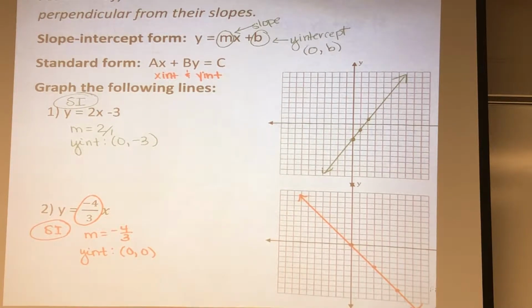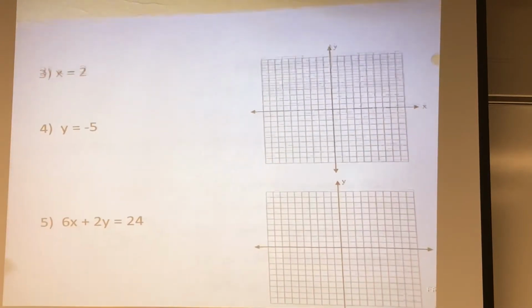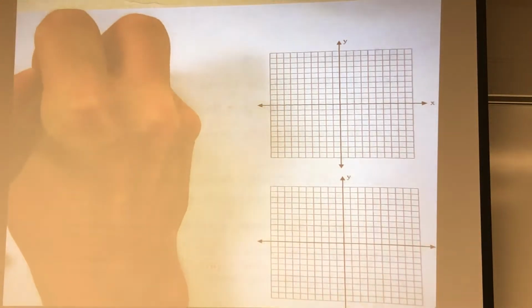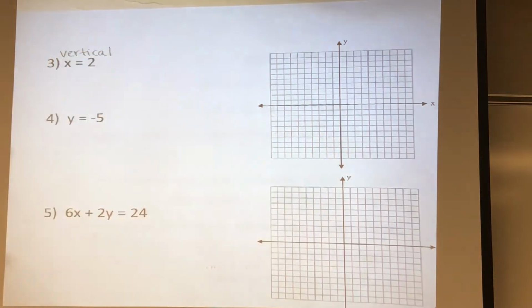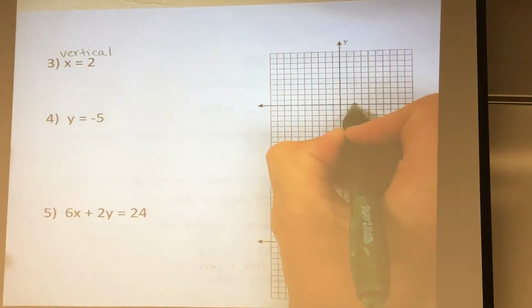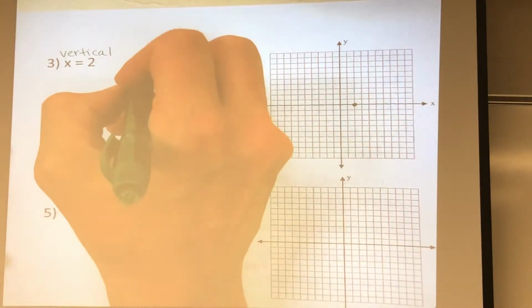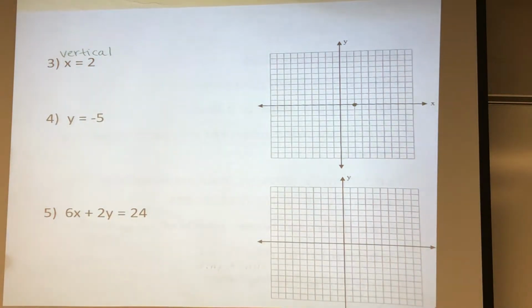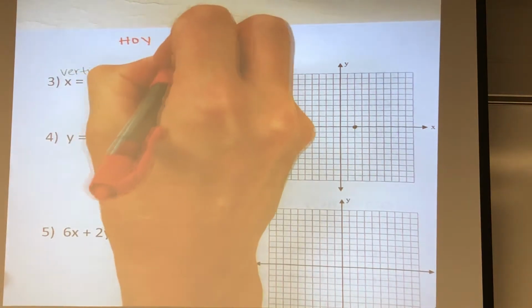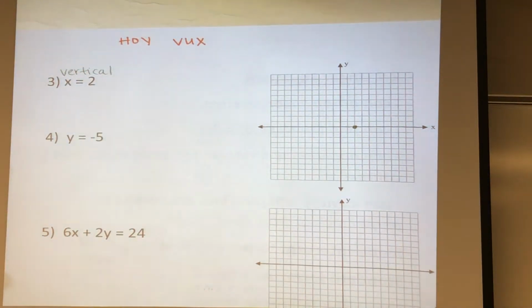Okay, so now let's take a look at a little bit different kind of line. X equals 2. X equals 2 is not in slope-intercept form. It is a vertical line that goes through 2 on the x-axis. So you may have heard before the acronym HOY-VUX. I'll write that up here at the top. HOY-VUX. So the VUX part goes along with this, the vertical line,